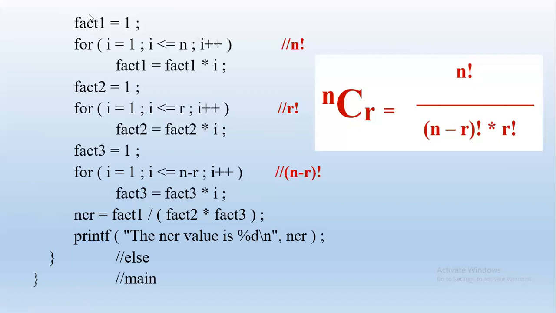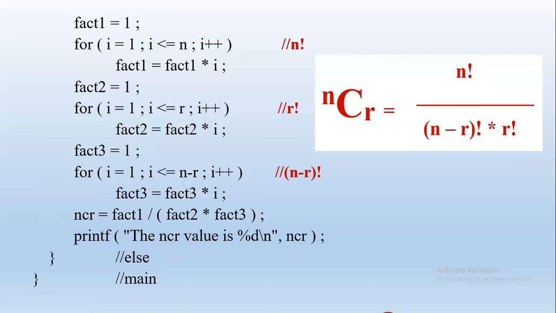So here we have found n factorial in this code. Next part, similarly, we have found r factorial and then again we have found (n minus r) factorial. The same thing is repeated 3 times. Note that we have not used a function and we have to repeat the same code again and again, right? So we will see another alternative next also.